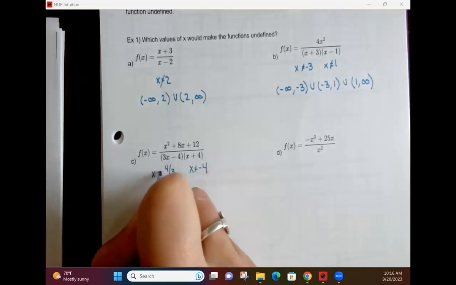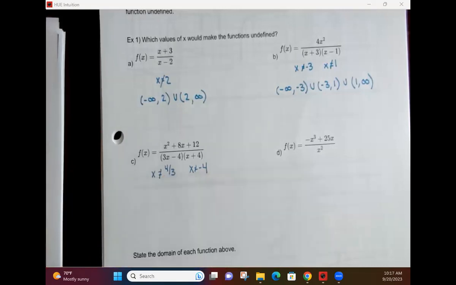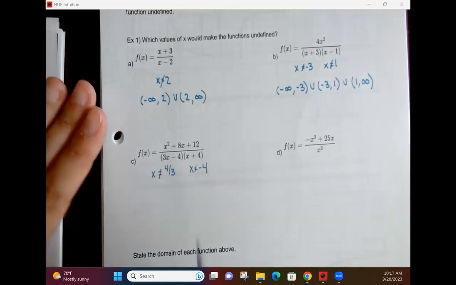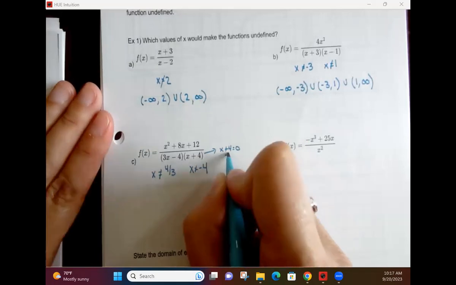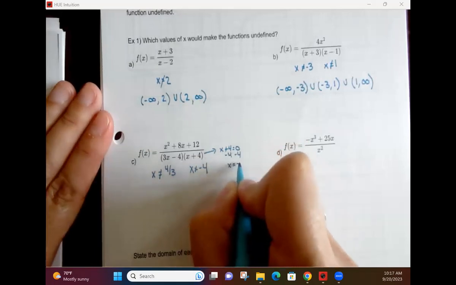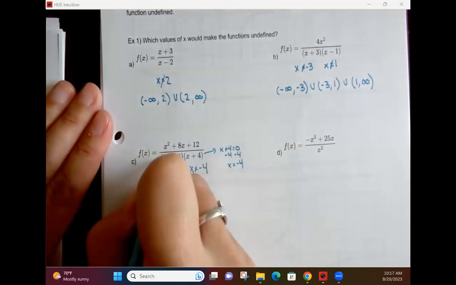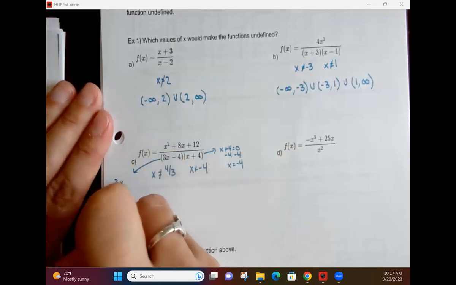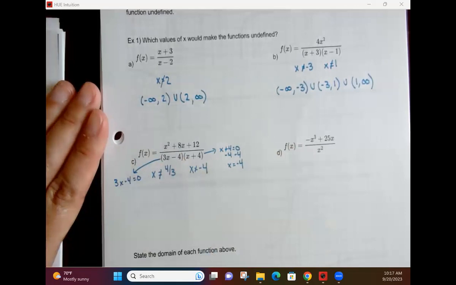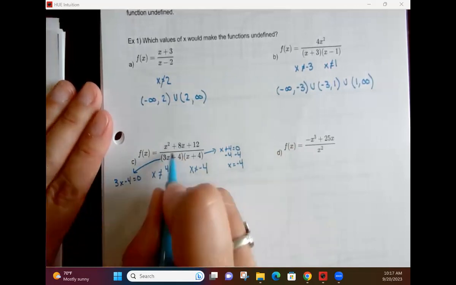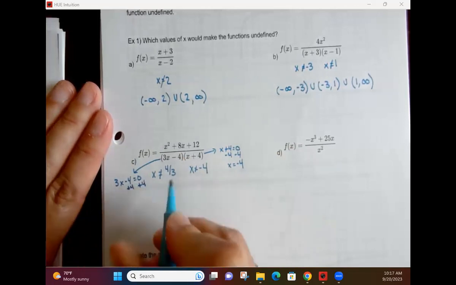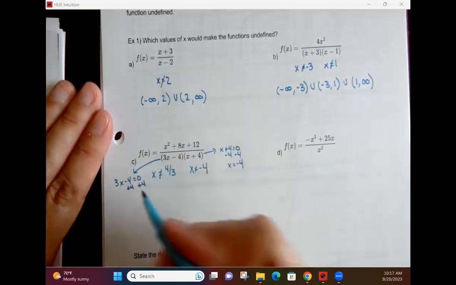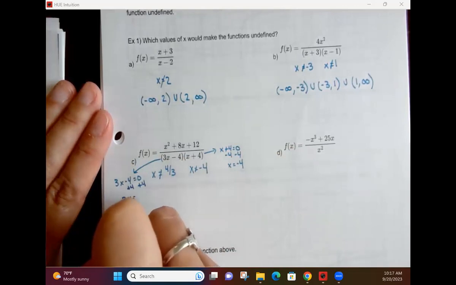4/3. X cannot be 4/3. Okay. We're talking about what value would make this factor 0. You can, if you would like, set up a little equation to solve to find those X values. So if for whatever reason the brain's a little fuzzy, how are they getting -4? You can set your factors on the bottom equal to 0 and solve. Particularly when you have a coefficient for X and it's just maybe a little bit trickier,